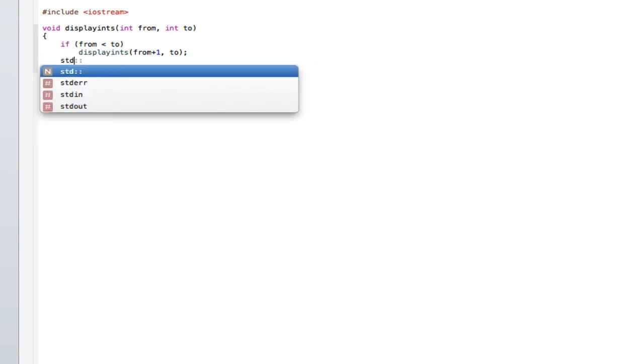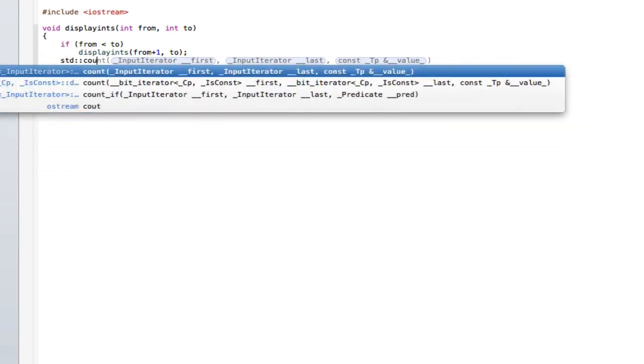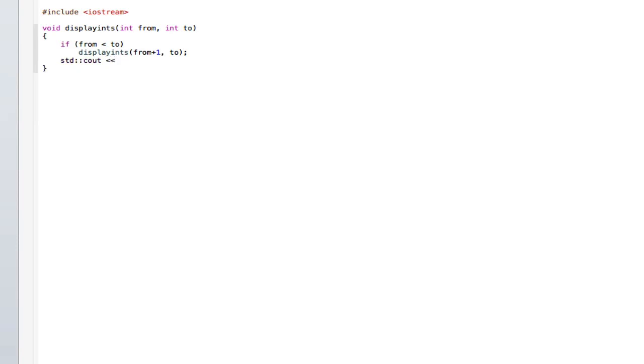then std::cout from, probably a new line. Okay, or not even a new line, just a gap. So then after this, space there,